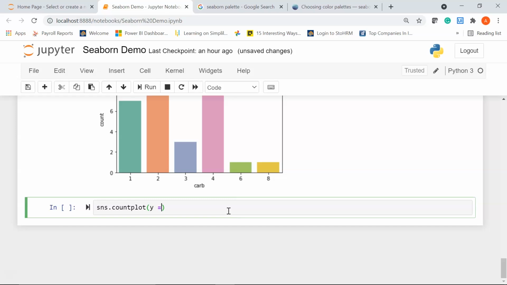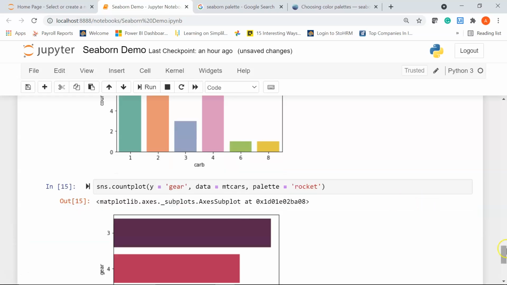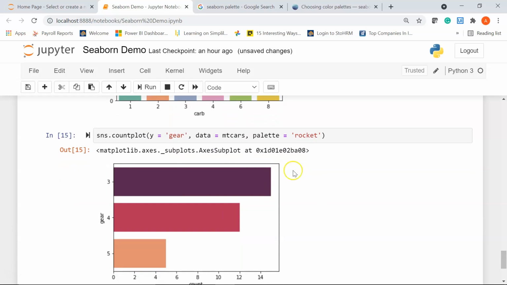I'm going to define my y-axis as gear. I'll say data equal to empty cars, and set my palette to, let's say, rocket. Let me run it.